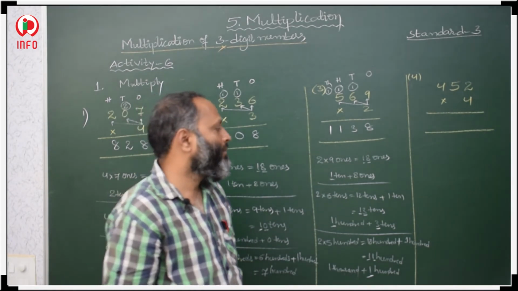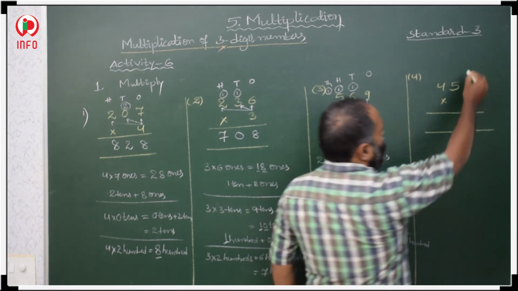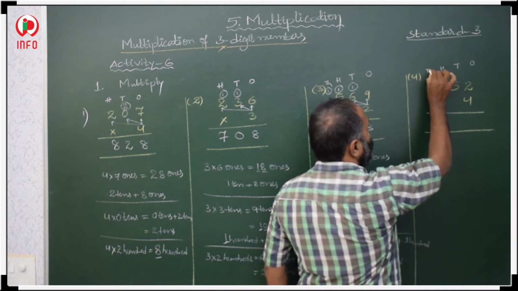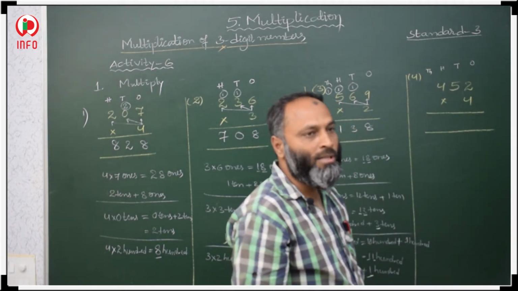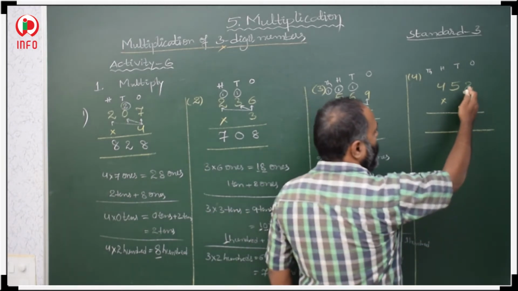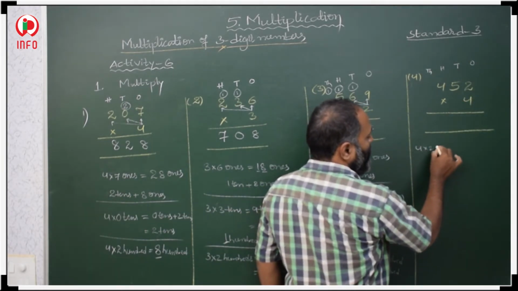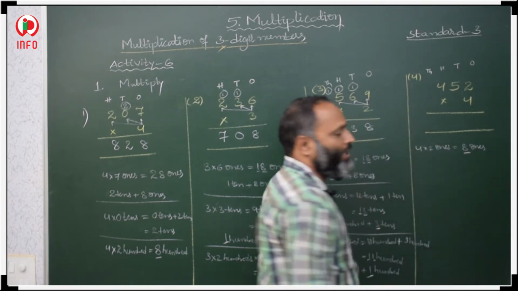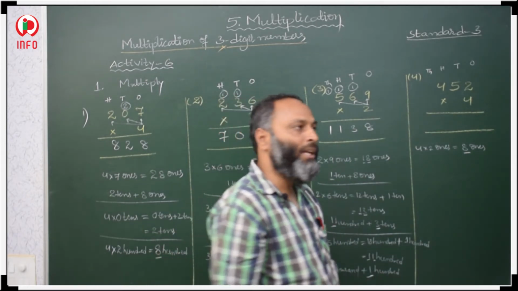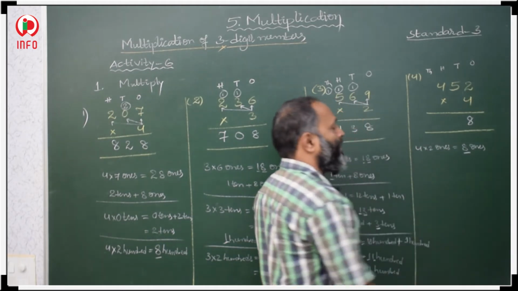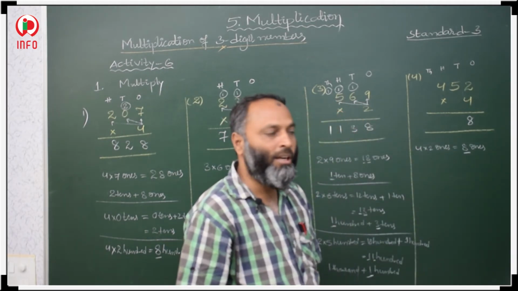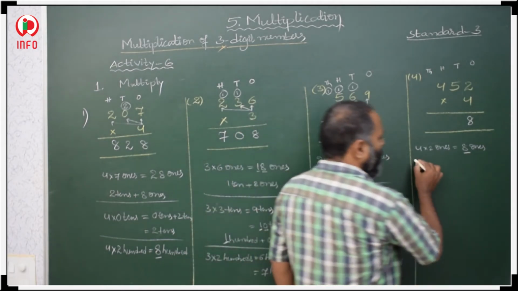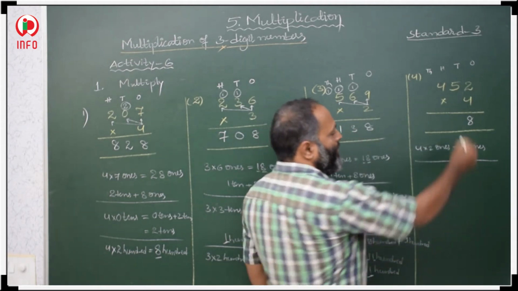1138. Next question. This is ones place, this is tens place, this is hundreds place, and it is better to take one more place, thousands place. Now you start multiplication with ones. 4 with 2 ones, 4 2s are 8 ones. 8 is a single digit number, so no need to regroup it, only 8. In ones place we keep 8 as it is, because in ones we have a single digit, so ones is over.